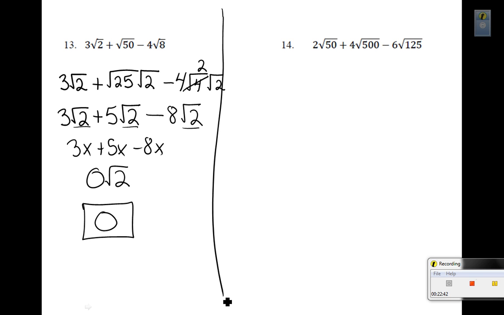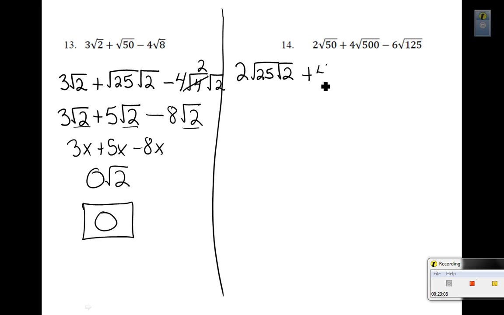I've got 2 square root of 50 plus 4 square root of 500 minus 6 radical 125. Oh boy. Well, here goes. I've got a 2. I need something that you know the square root of that goes into 50. Since we just did that over here, I'm going to think of this as 25 and 2, plus